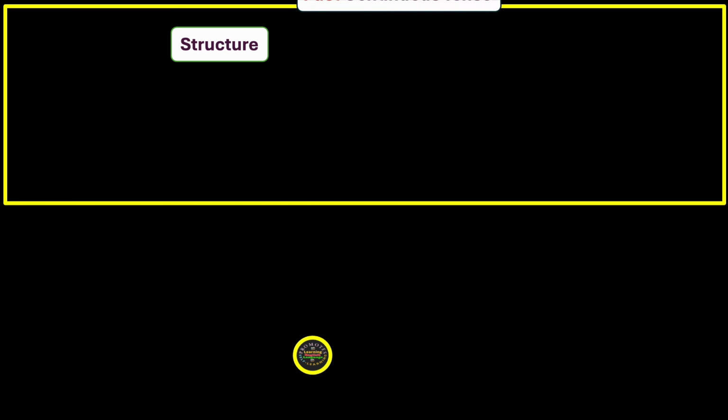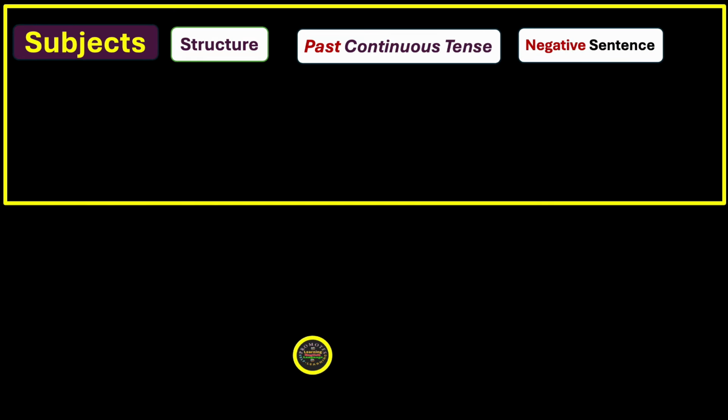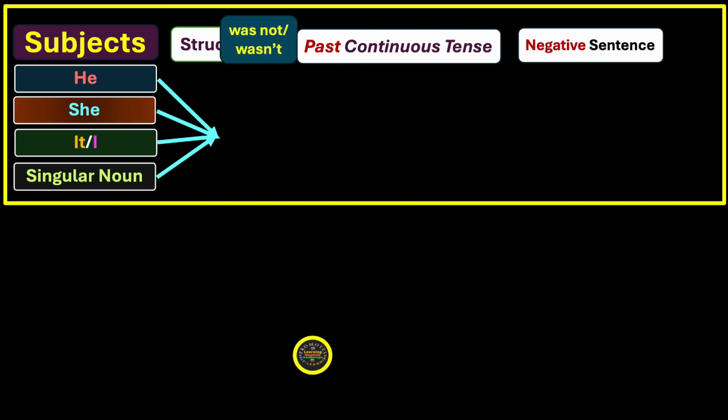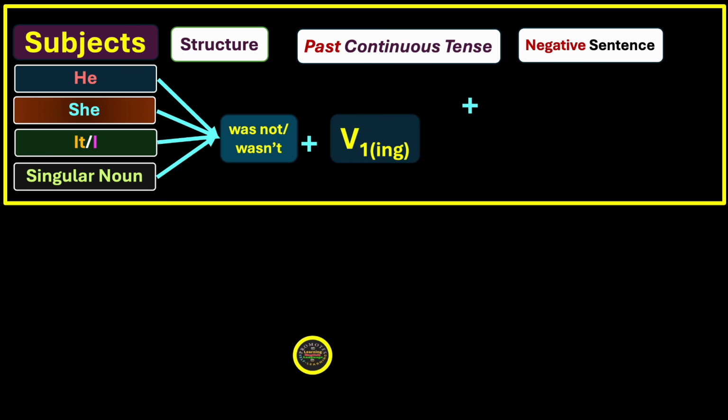That is to say, a structure of past continuous tense in the negative form of sentence. In this case, if we have the subjects like he, she, it, and also I, singular noun, we use was not, and the short form is wasn't, and then verb in the first form with ing,